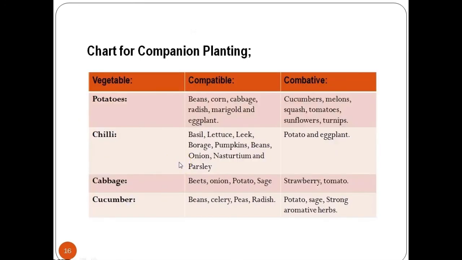And next comes companion planting. Companion planting is the practice of planting two or more plants together for mutual benefit. Companion planting vegetables lead to enhanced quality and growth. Companion planting charts are a guideline only. There are general guidelines for companion planting vegetables that work well in the majority of the world.